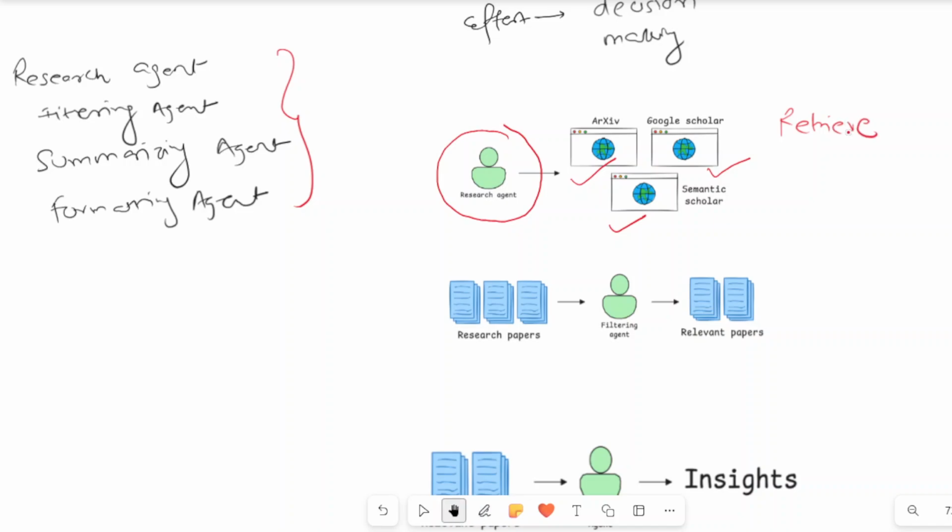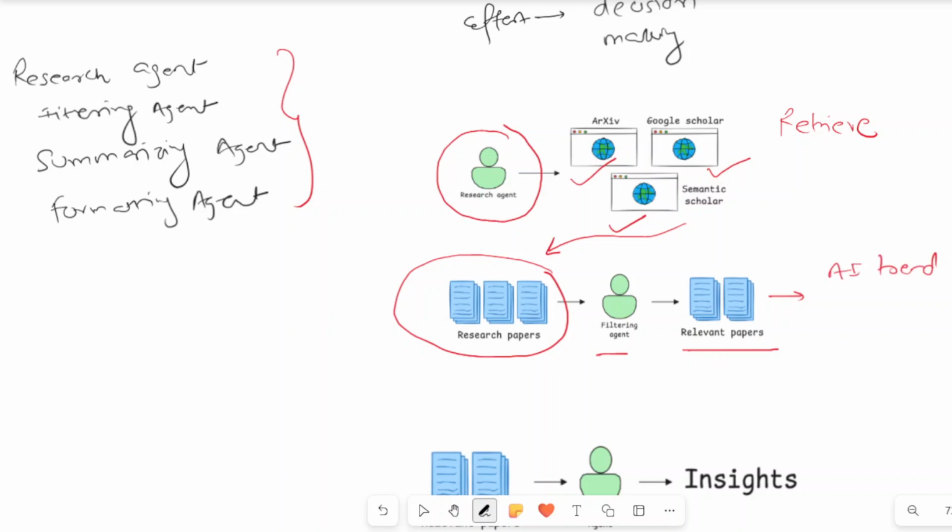This is something we did manually earlier. Then the filtering agent: it now has some research papers from these websites. It will filter out the relevant papers related to my specific requirement,